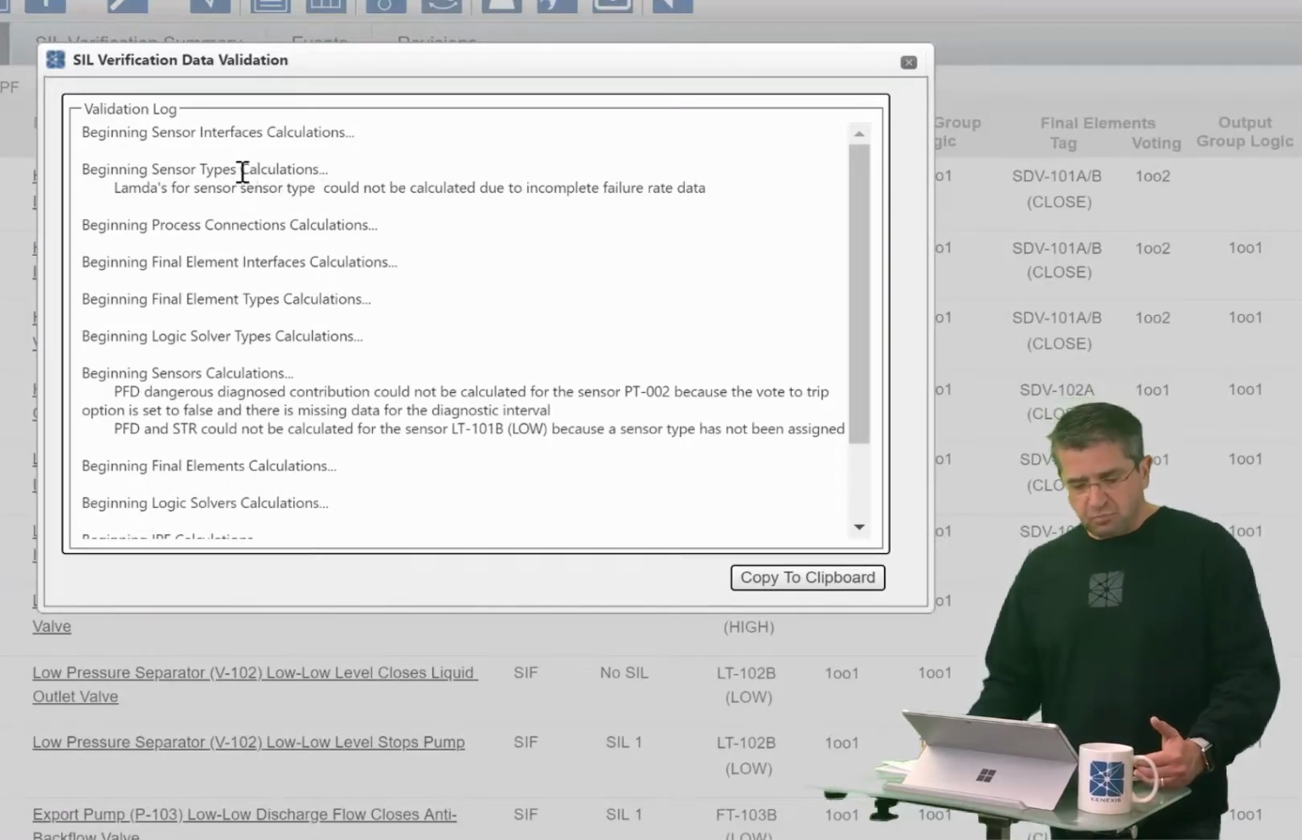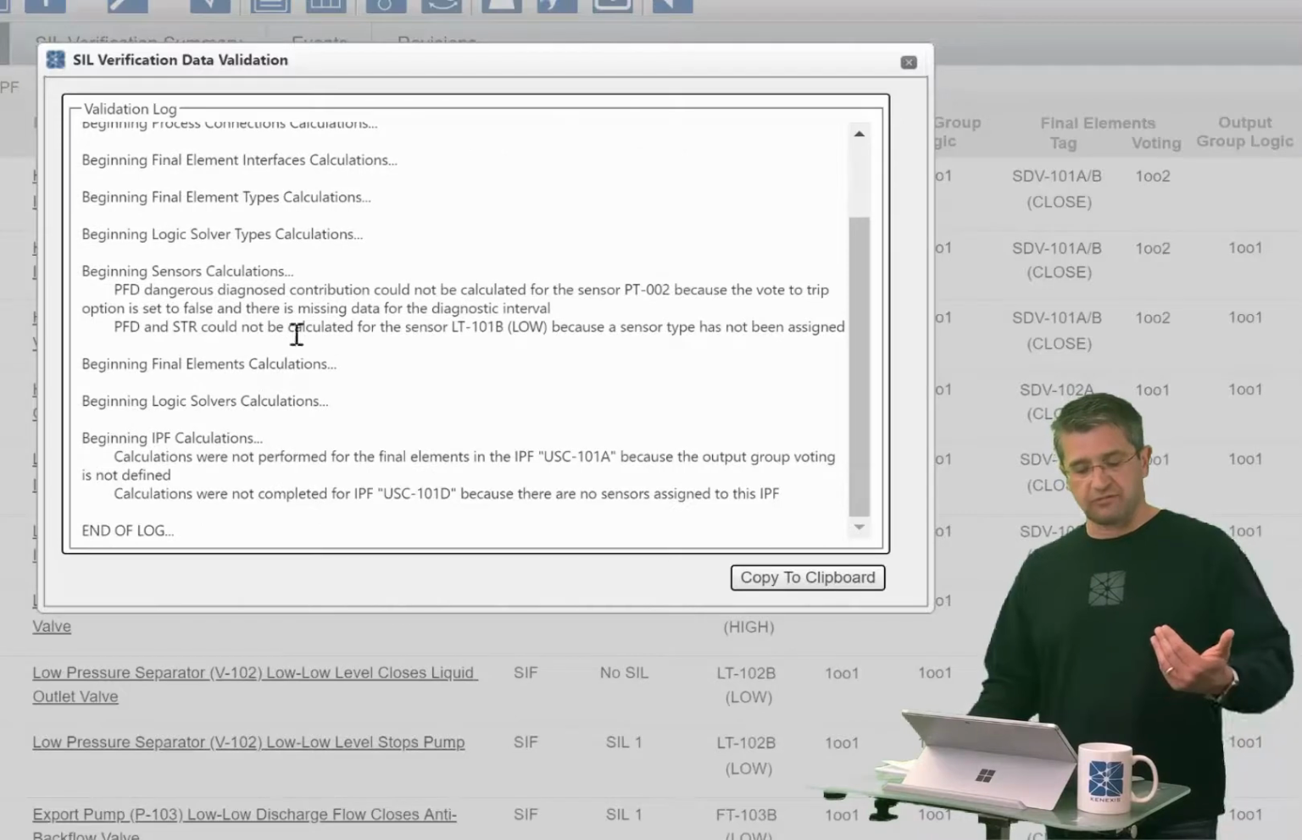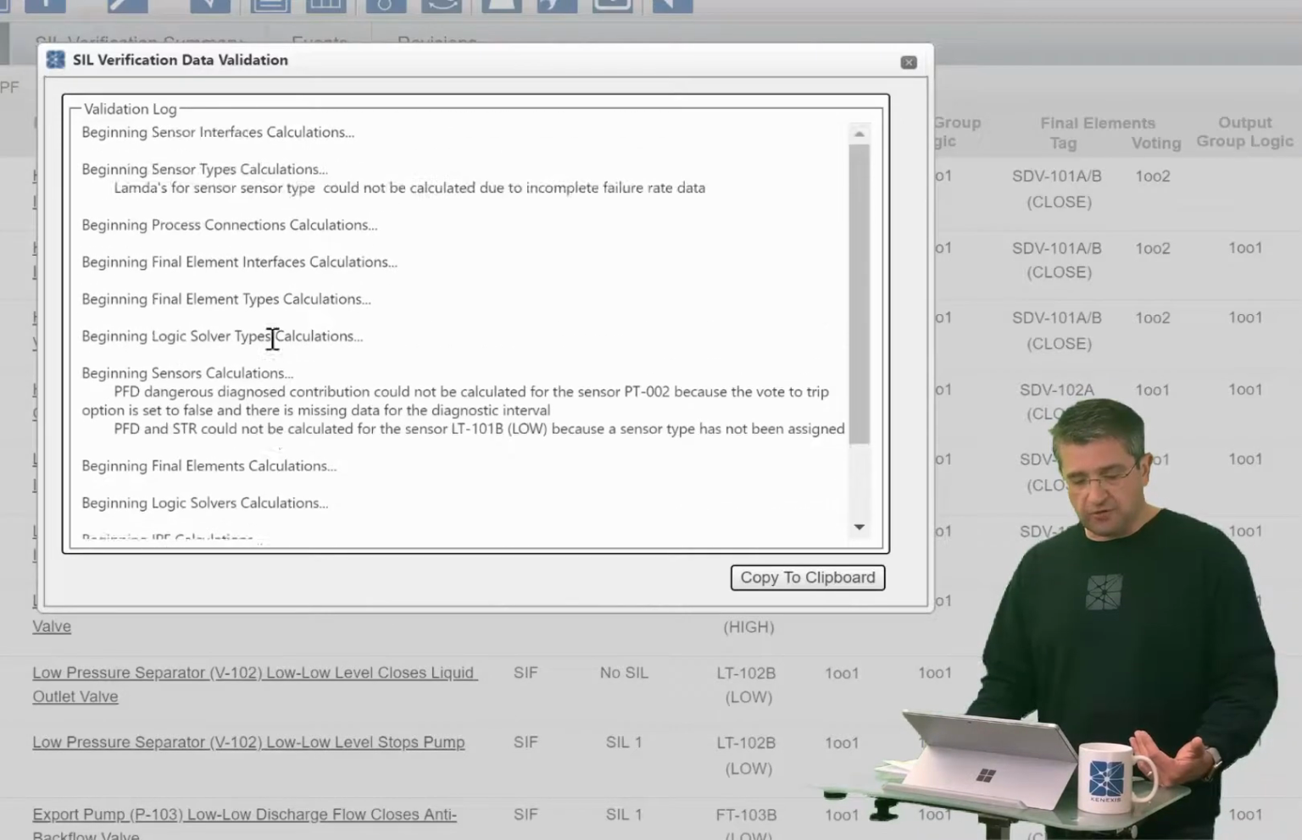So you'll see on the validation log that it would look at the sensor interface calculations where it didn't find any problems. And you'll see next sensor type calculations and so on, going through the entire list of everything that can be calculated by the Vertigo tool. So for instance,